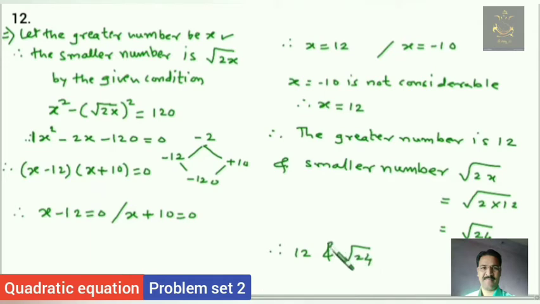Okay, sometimes because of the smaller number, you can write here plus or minus also. Plus or minus means what? After writing plus or minus, here we will get plus or minus root 24. Okay, that one you can think about. Friends, these are the two numbers, maybe 12 plus root 24 or 12 minus root 24. Because only numbers are given, that number may be negative. That is why. Okay friends, otherwise this one is okay.